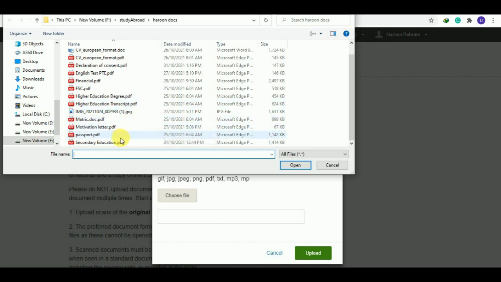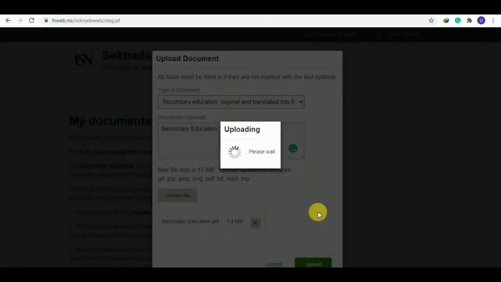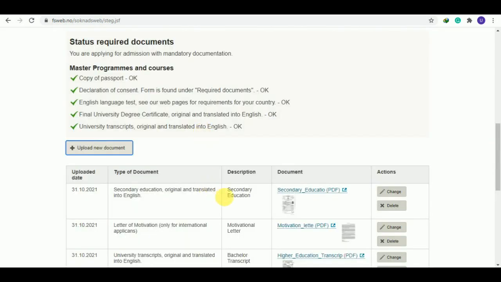So I made one PDF file and named it secondary education. I will upload this and click on upload. You can upload separately, okay, but if you upload separately, then you have to write here 10th year of education, 12th year of education, okay, in your case. So in my case, I uploaded in a single file, so I wrote the name as secondary education.